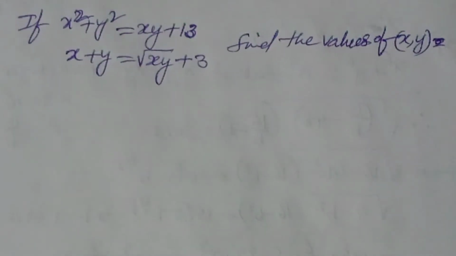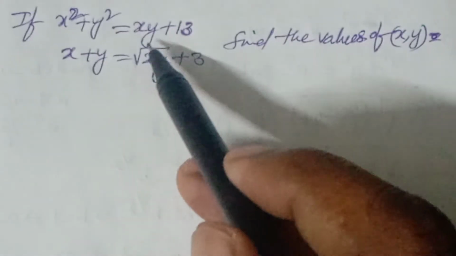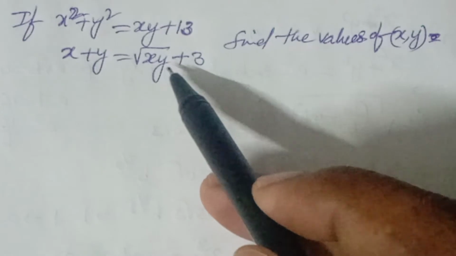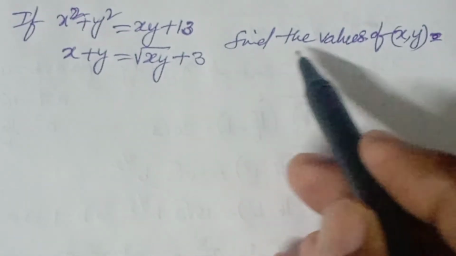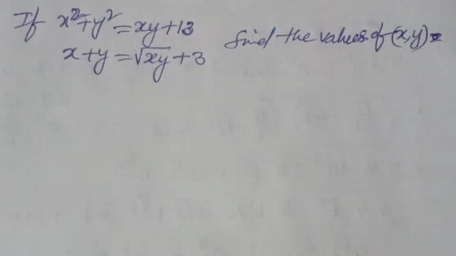Hi, Amma. So the problem is given: x square plus y square equals xy plus 13, x plus y is equal to root xy plus 3. Find the possible values of x and y. So here,